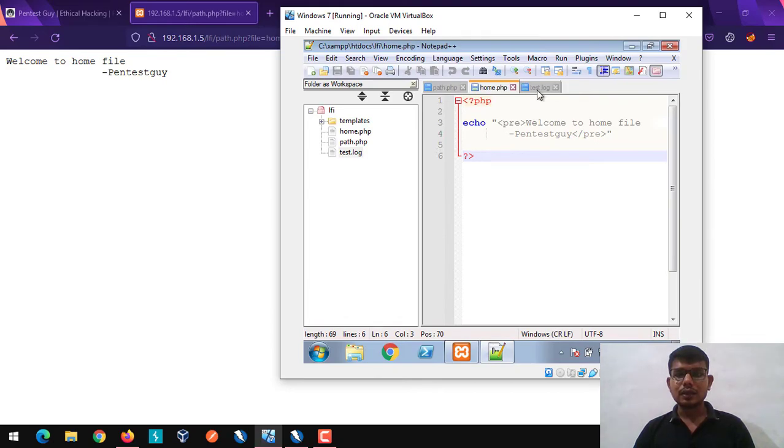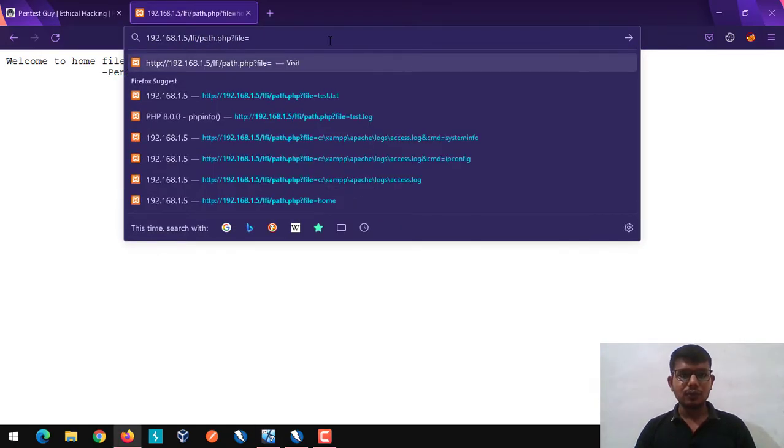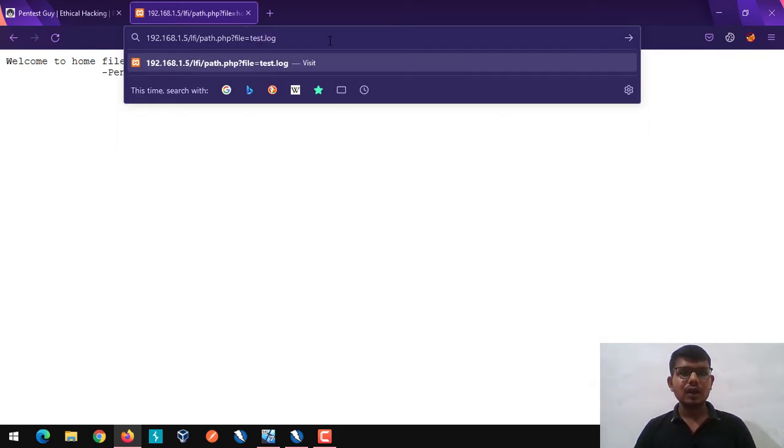And the other thing, I also created a test.log file with the phpinfo function. If I remove home.php and simply put that log file, test.log, which is in the same directory, we do not have to provide an absolute path.